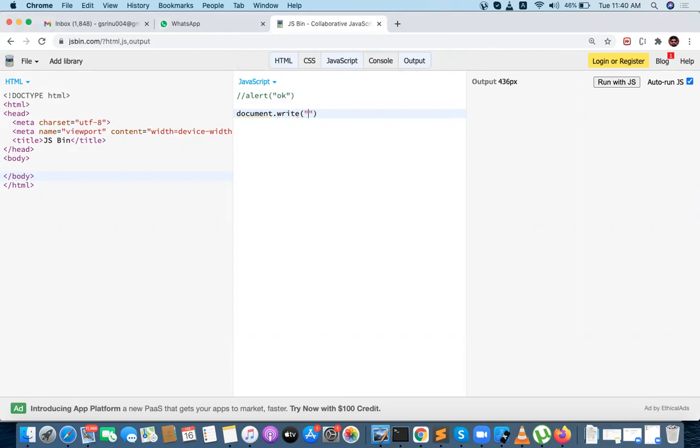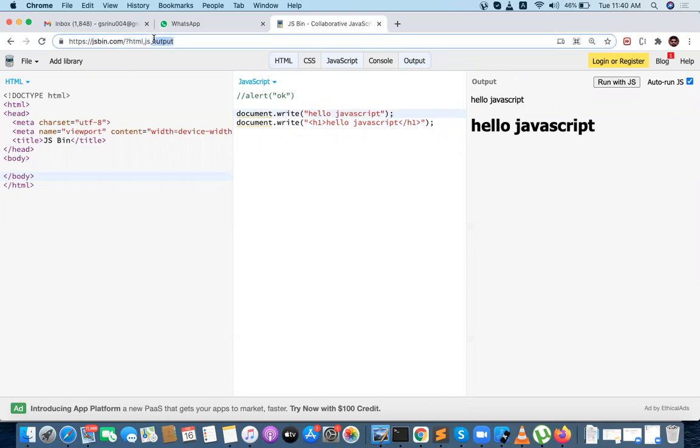Document.write something like hello JavaScript. Can you see that the output came? Okay, so document.write. I want to show an h1 tag. h1 open, h1 close. Can you see that? Okay, so this is a way of writing in an online editor, practicing JavaScript with an online editor.